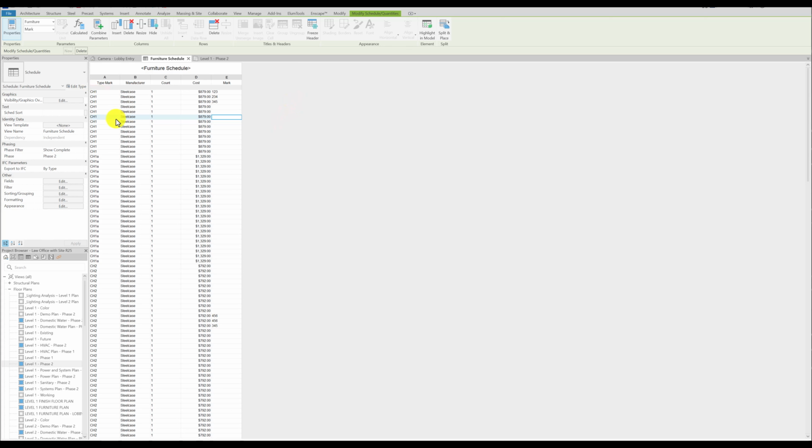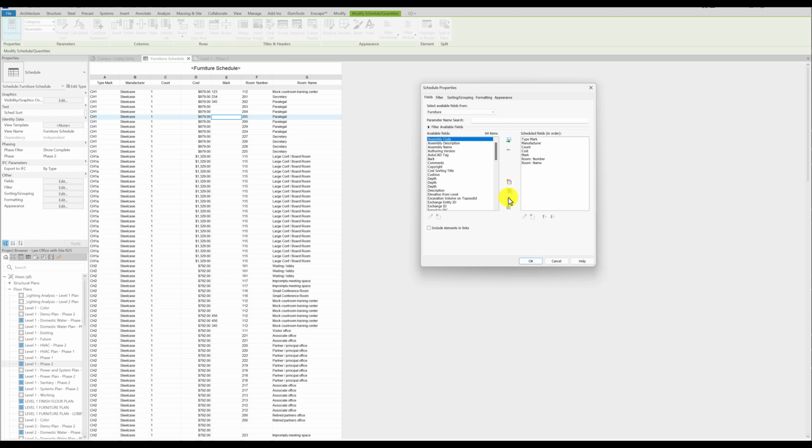Interesting trick on a really large schedule with lots of columns. You might have the room number on the far left, and if you scroll to the right, now you can't see the room number. You could actually have multiple columns that list the room number. One way to do that is to create a calculated parameter. So I'm going to call this room number 2, I guess. And then we'll make this a text parameter,